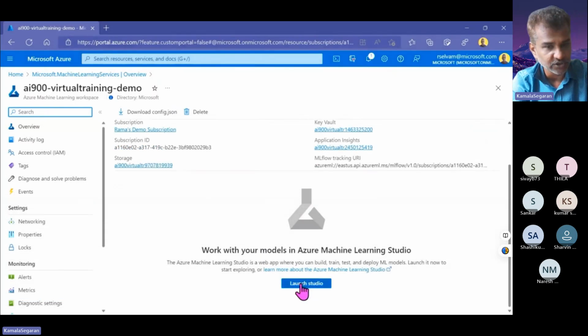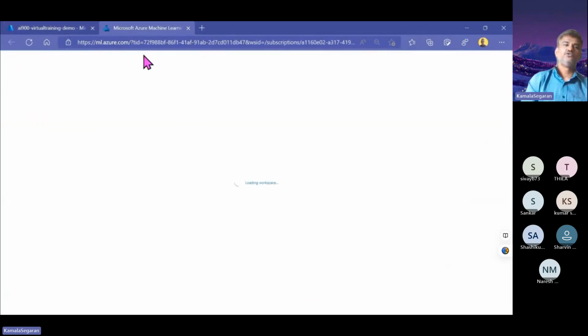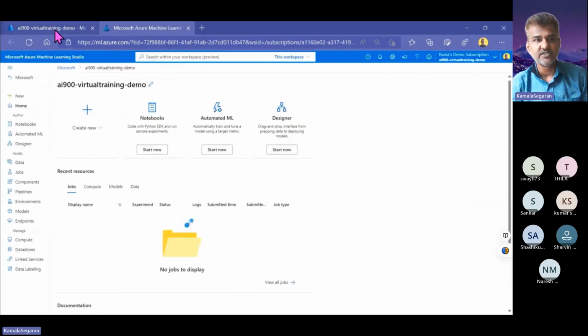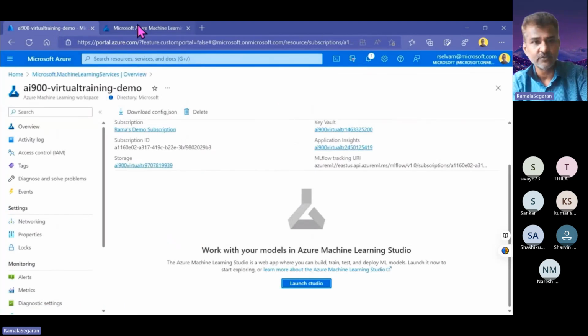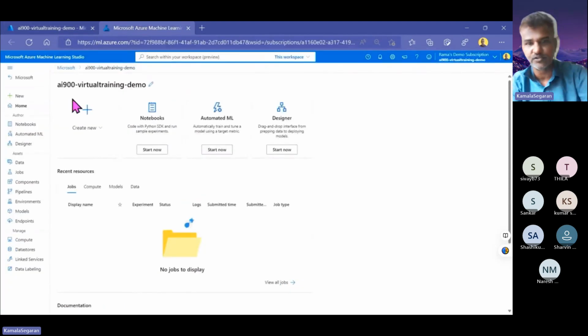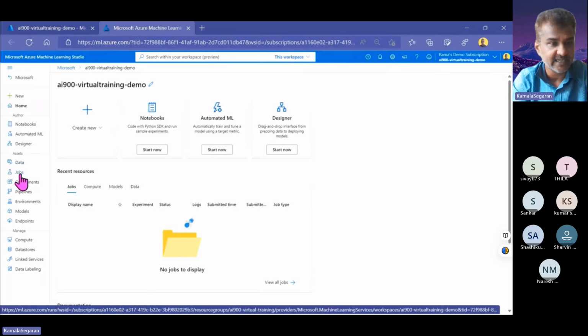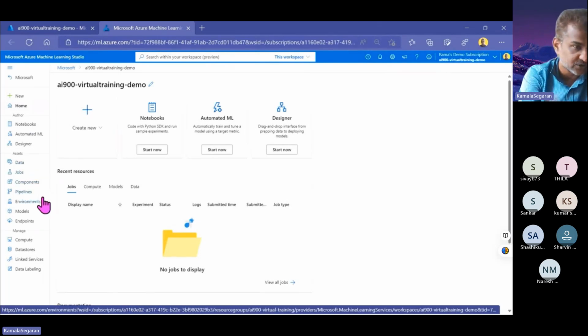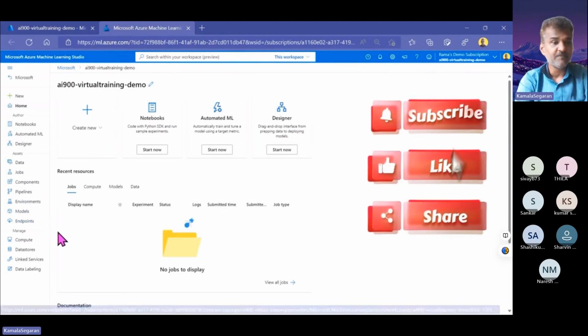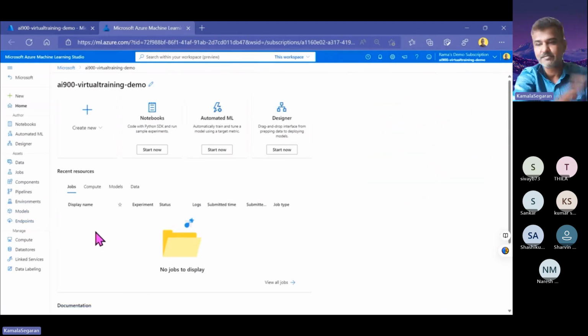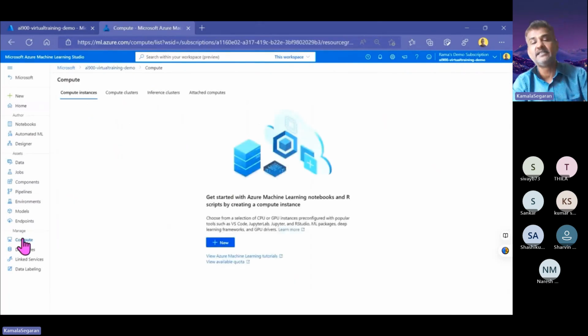What we're going to do is launch your Machine Learning Studio. When we launch Machine Learning Studio, this is a little different from the earlier one, where here the components are mostly designer options for machine learning. So you have your data, your job, your component, your pipeline, your environment, your model, your endpoint. See, all of them are here. You create, that's what they mean. So if I create this full set,